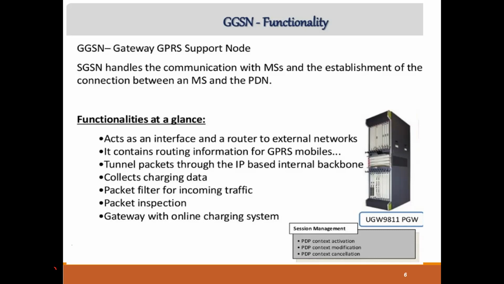Okay, so if I have a requirement that I need to block a specific URL, let's say I need to block yahoo.com, I have this provision available in GGSN that I can filter the incoming traffic. For example, my handset has an IP, let's say 10.1.2.3, and the Yahoo URL has many IP addresses. So let's say, for example, in my network, I need to block the traffic towards IP address, let's say